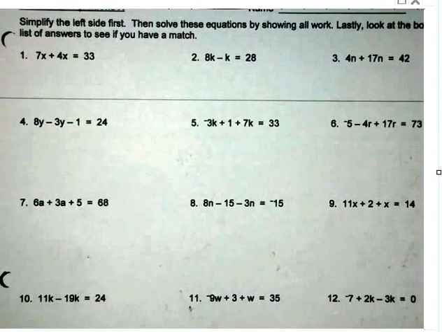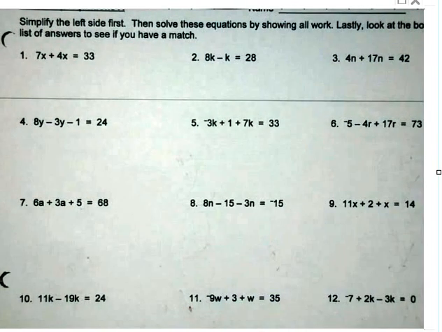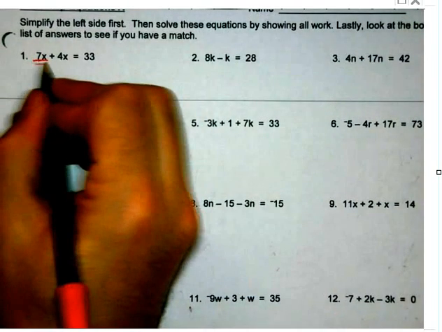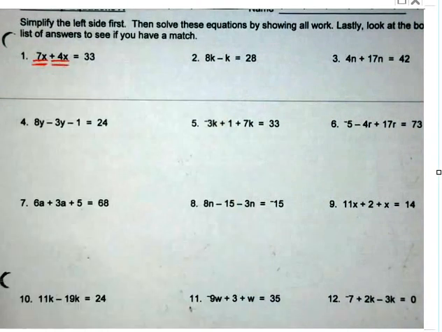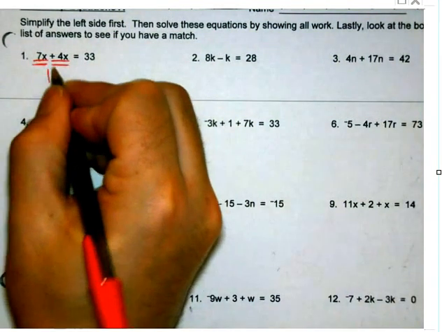Okay. So, we have to combine like terms if that happens. So for instance, if I have 7 x's and I have 4 more, how many do I have? 11. Okay, so 11x